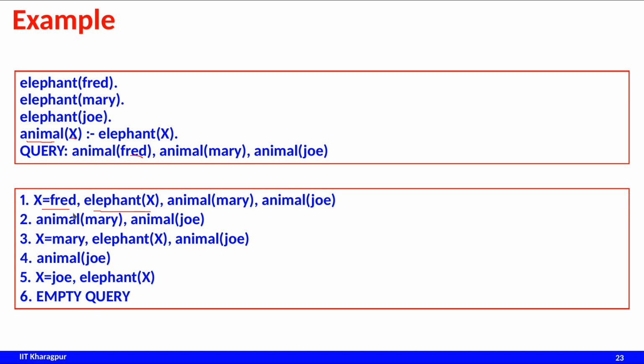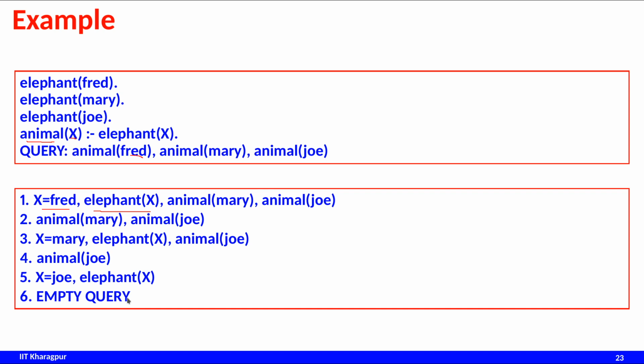Now again we apply similar steps. Animal Mary and animal X will match, and we can replace X with Mary, and that is elephant X. So this X and this X are actually different, so that we have to take care of. And again, elephant Mary, and animal Joe. If we continue to do so, we'll see that it will match with everything, and finally we end up